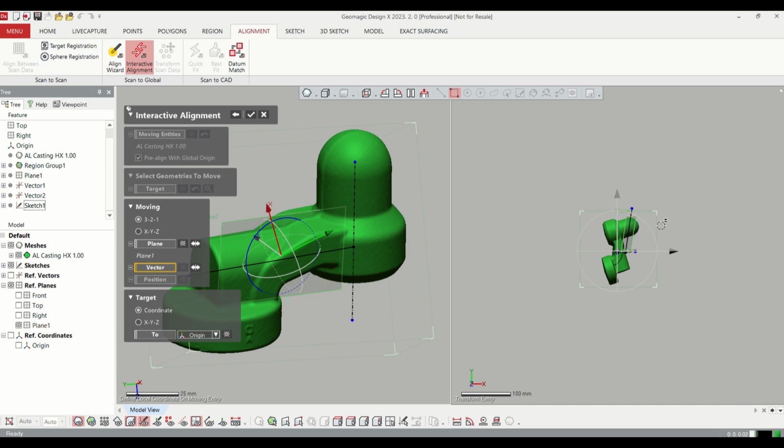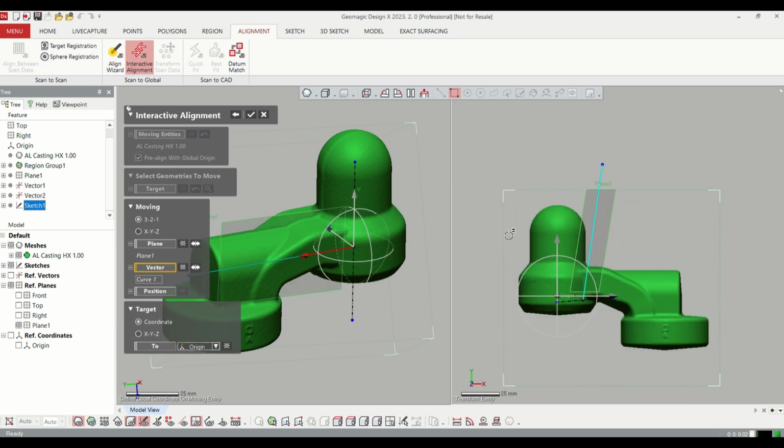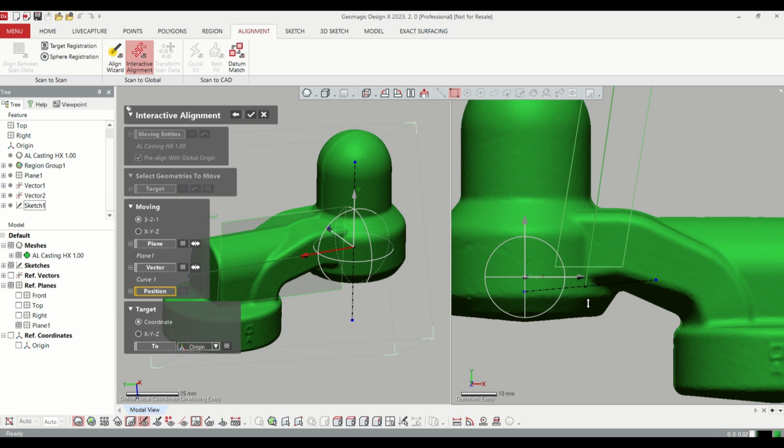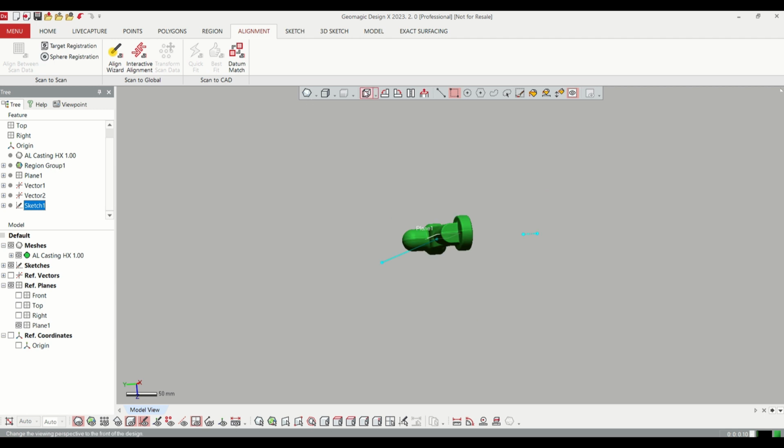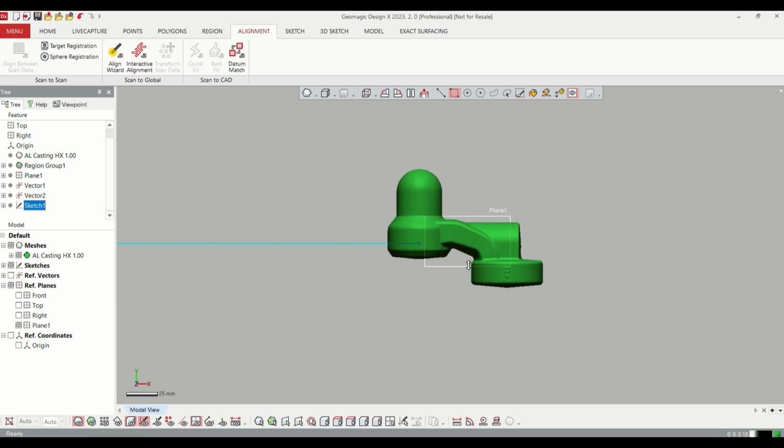Next we'll specify the solid line, which will become our x-axis, you'll see in a minute, and then we're going to define the origin as this point where those two lines intersected. We'll accept that, and now if we look at a front view, we see that the part is nicely aligned,